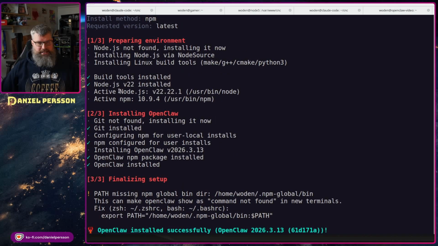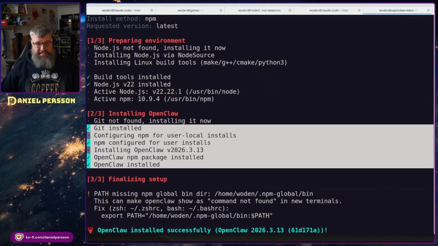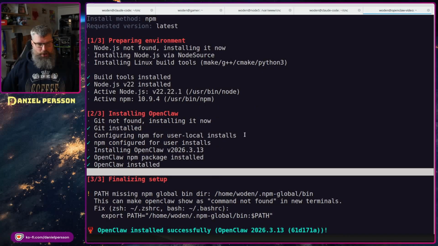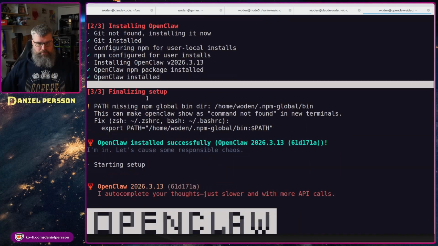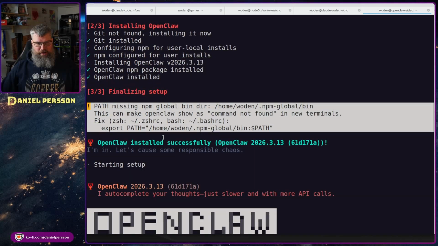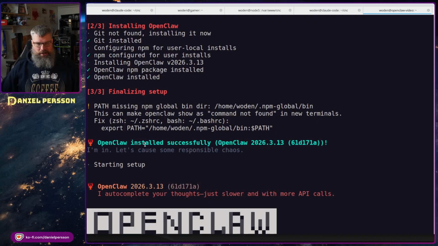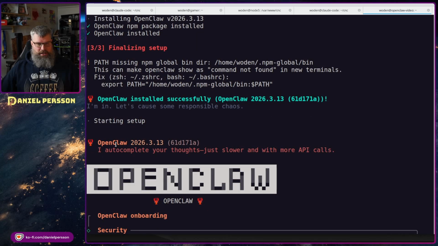So now it has installed npm, it has installed Git, it has installed OpenCLAW, and so on. And it also added it to the path. And now that it's installed, it starts it for bootstrapping. Let's cause some responsible chaos. Another interesting quote. So when it starts up here, it will